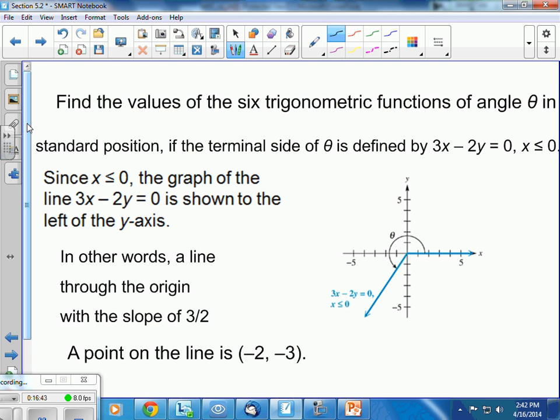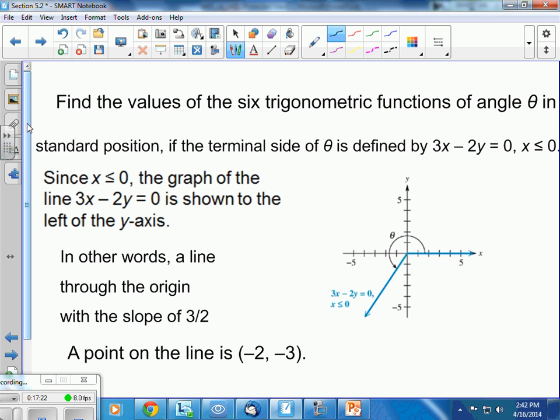So here's a problem that says find the values of the 6 trigonometric functions of angle theta in standard position, if the terminal side of theta is defined by 3x minus 2y is equal to 0, and we're saying in this case x is less than or equal to 0. And the reason we're putting that interval there on x is so that we know which line and which angle to use,